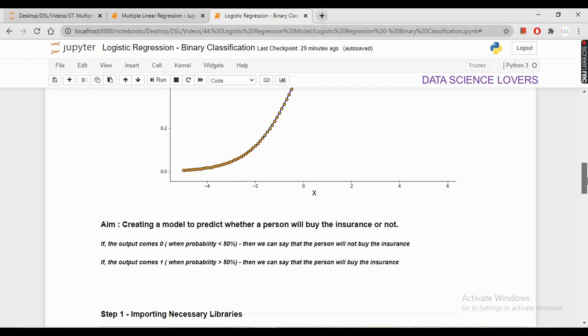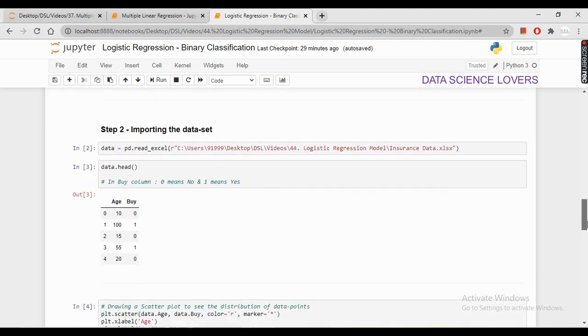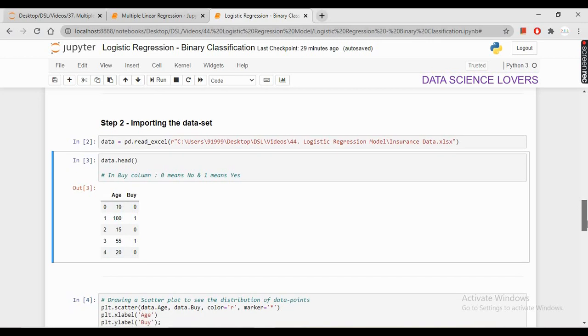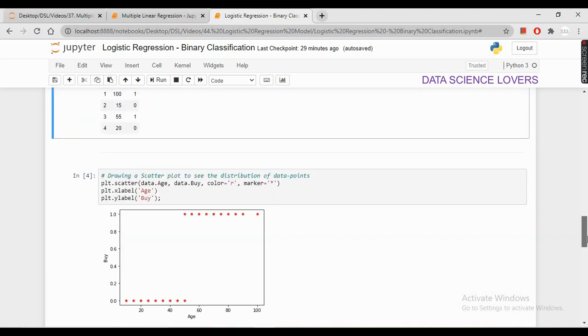If we again review this model, what we have done: first of all we imported our necessary libraries, then we imported our data set. Our data set contains 2 columns, age and buy. In the age column we have the age of different persons, while in the buy column we have shown whether a person bought the insurance or not. 0 means the person didn't buy an insurance, while 1 means the person has bought an insurance.